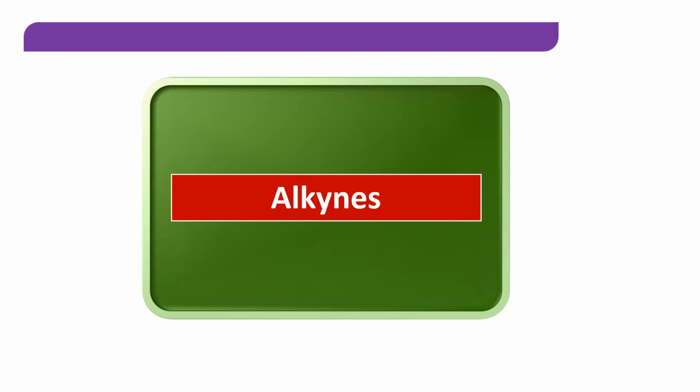In today's class, we will look at the last set of compounds under hydrocarbons as per our syllabus, which is the study of alkynes. We have already been introduced to what alkynes are. Alkynes are hydrocarbons which are unsaturated in nature and they have a triple bond. We also looked at ways in which we can name them in our nomenclature lessons. Today, we will understand the various methods of preparation and the chemical properties of alkynes.